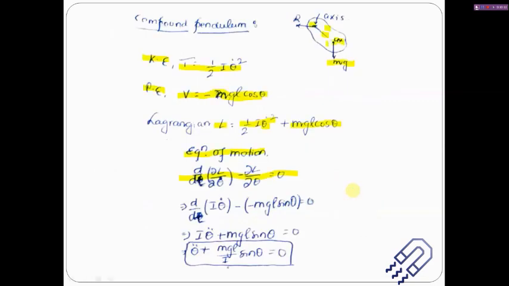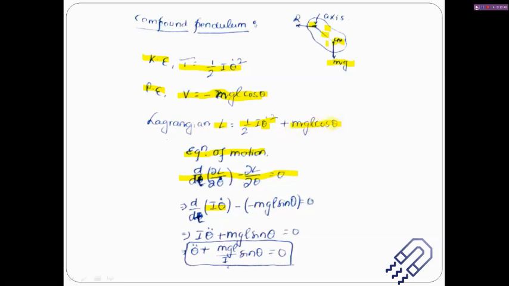So this problem has only one generalized coordinate. So what I write is d/dt of del L del theta dot minus del L del theta is equal to 0. Sorry, theta dot, not x. L is only a function of theta dot in this term, and here it is only a function of theta, so this is ignored, it gets 0. So we can write down 2 theta dot, the 2 gets cancelled, so it is nothing but I theta dot. And then minus del L del theta, and L is nothing but mgl cos theta.